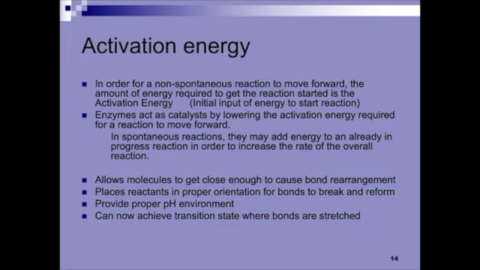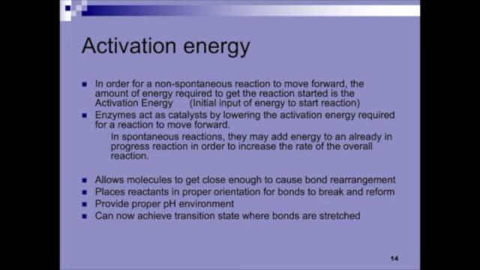Some reactions occur in a very acidic environment. Some may occur in a very alkaline environment. In this case, the area of the enzyme, of the protein that surrounds and actually binds to the reactants, the interior of the protein, when it takes it in, has a change in pH. It may be lined with amino acids that are acidic or lined with amino acids that are alkaline. Either way, it's going to change the pH of just that small little environment inside what's called the active site of the enzyme where the reactants are located. This is going to further weaken the bonds of those reactions